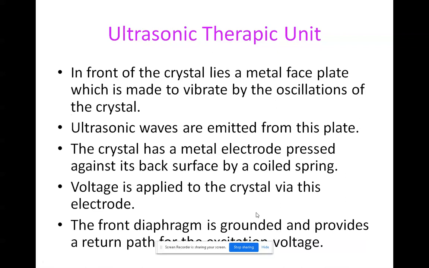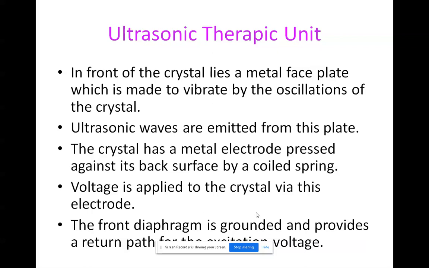The ultrasonic waves are emitted from this plate. So the waveform with sound will be giving ultrasonic waves. That's why they say that ultrasonic waves are emitted from this plate, that is the metal face plate with the crystal,